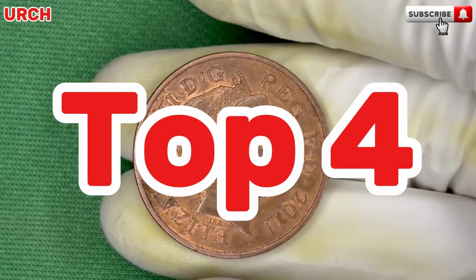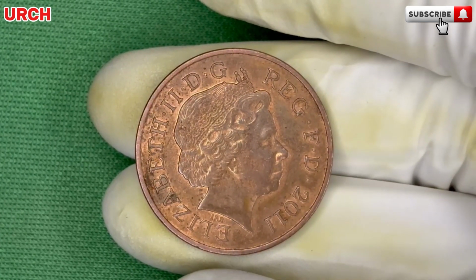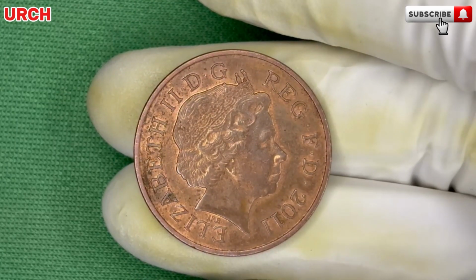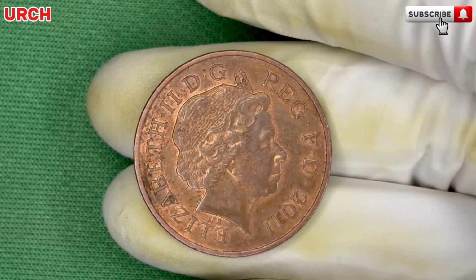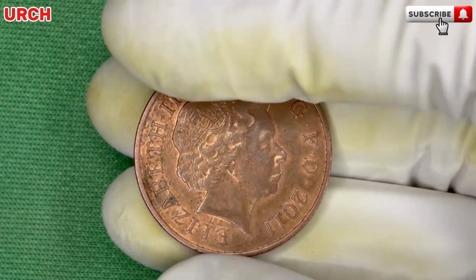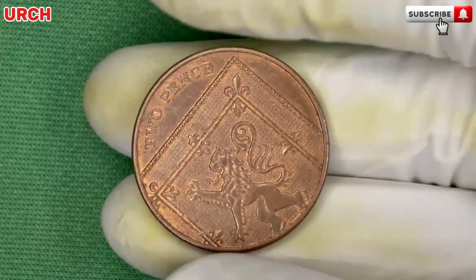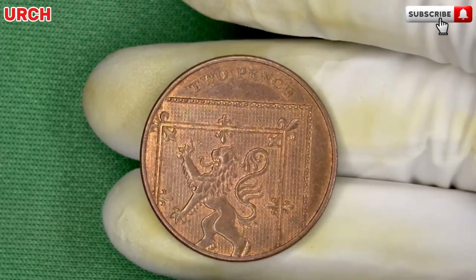Top 4. Today we uncover one of the most fascinating and unexpectedly valuable coins in modern British numismatics: the United Kingdom Elizabeth II 2-pence coin from the year 2011. At first glance, it may seem like just another ordinary piece of copper-plated steel. But by the end of this video, you'll understand why this modest coin is now worth a staggering $12 million